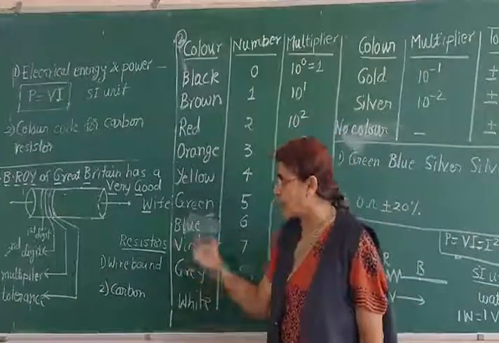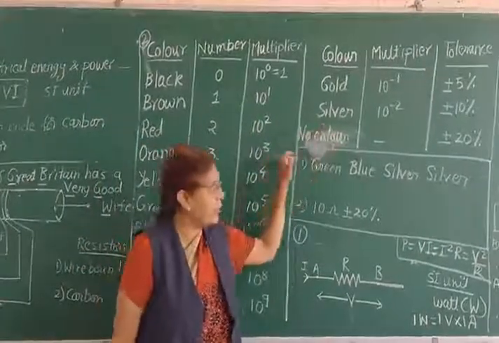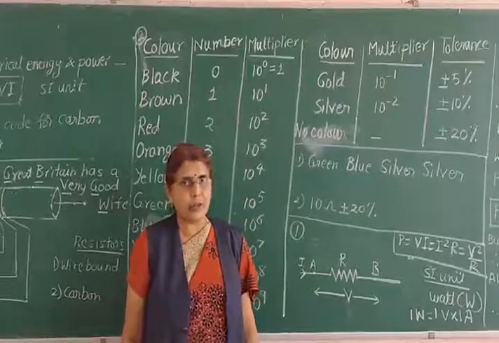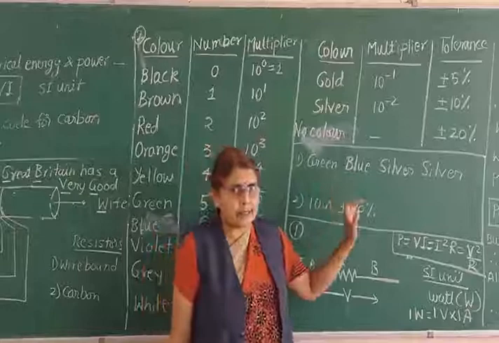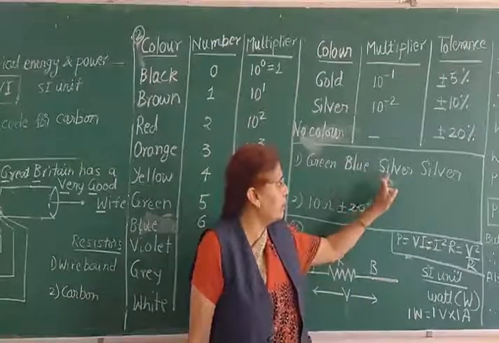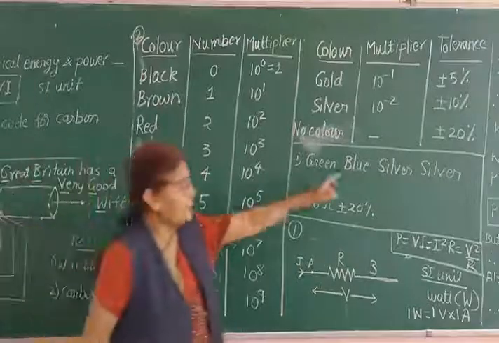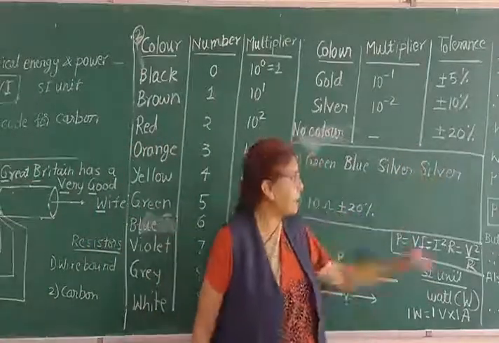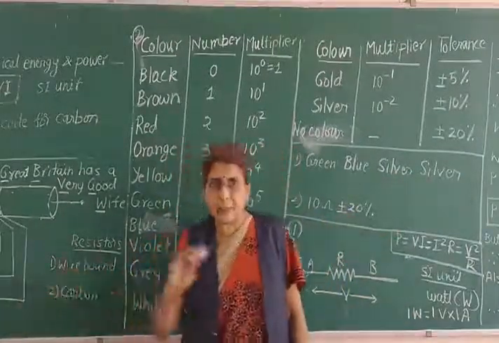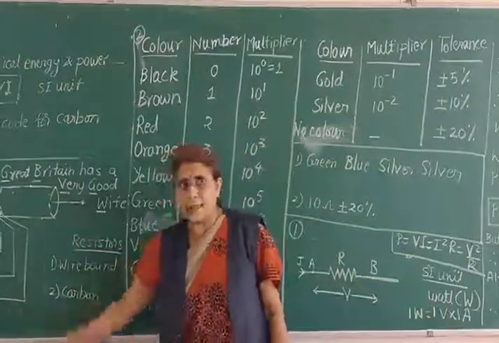Now let us come to one example. You will understand it more clearly. So the question in the exam will be like this. They will give you a color sequence like this, and they will ask you to find out the value of the resistance. So the question for 1 mark will be, find the value of the resistance with the color sequence, whatever it is. Here I have taken one example, green, blue, silver and silver. Don't get confused by silver and silver. I have used silver 2 times, but the significance is like this. Third band will always be a multiplier and the fourth band will be tolerance. So the same color can be repeated in the sequence, but according to this significance, you have to take the values.